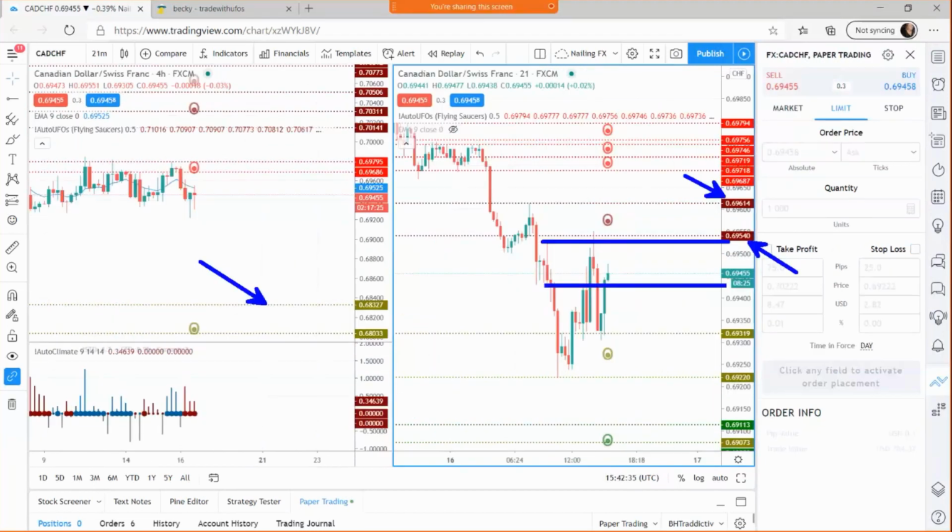Again, it's up to you how strict you want to be, but if you're going to bend the rules for a pip, then where do you stop that? Is 2 pips okay? If 1 pip's okay, is 2 pips okay? And if 2 pips are okay, are 3 pips okay? Hopefully you get my point. You'll end up potentially breaking the rules in a more severe way. You've got to have them there for a reason. The stricter thing to do is set an alert and definitely make sure everything lines up before you take an